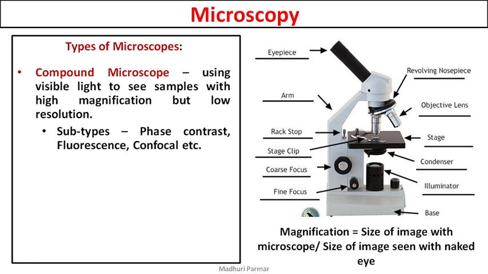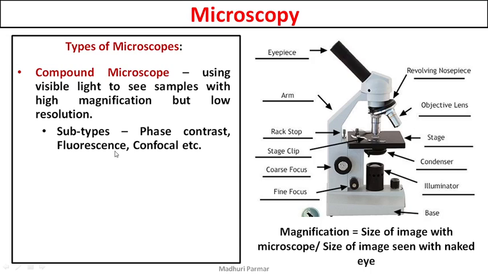To look at different samples, you either have to stain them. Stain meaning you have to add some dye or stain to make it colored. Only if it is colored will you be able to see it clearly. In the case of phase contrast, you do not need to color the sample. Just by the difference in refractive indices, you will be able to see the structure. So that is phase contrast. Always remember the meaning of contrast: the black and white balance, and the depth that you see in a picture or a sample.